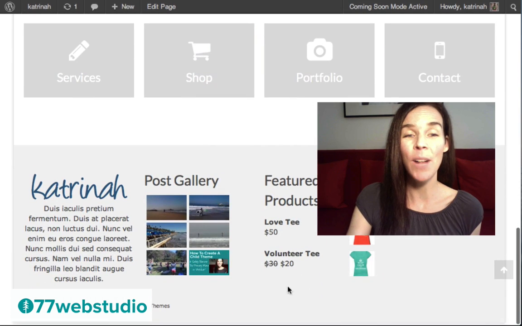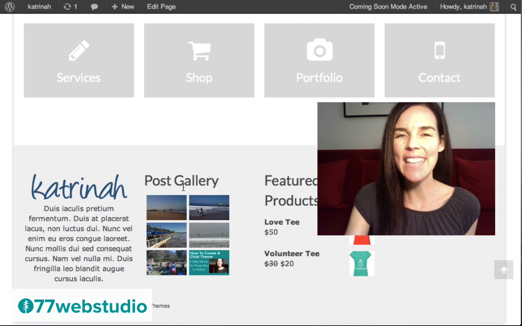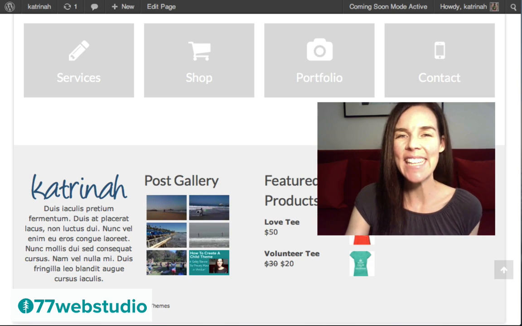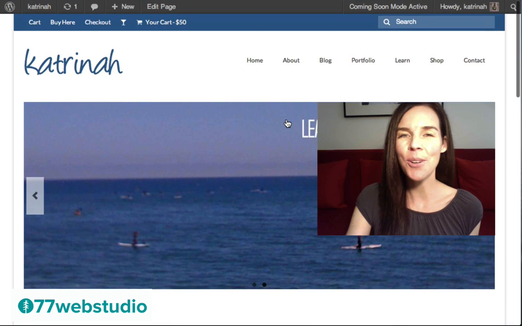Finally at the bottom we'll have our footer section. Here you can include customizable content. In this demo I'll be including a logo and a short description about the business, as well as a post gallery, featured products, and some social icons so anyone can easily connect with me on the social web, either through Facebook, Twitter, YouTube, or Pinterest. Now most likely you're also going to want a number of different internal pages, so I'll show you how to set that up, starting with the About page.